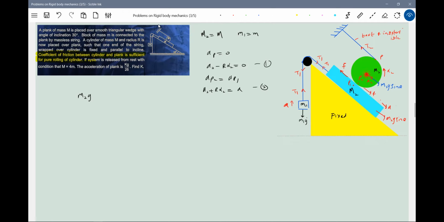Okay, we'll do one thing. First, we'll proceed like this. The moment we release, this is 4m and this is m. So this will be 4mg sine theta, theta 30 degrees, which becomes around 2mg acting here. This is mg. So this will try to slide the plank. This will oppose, so friction will act here. That's one reason I can justify. Now, what about the circle? The moment you release, mg sine theta will act, and the string will become taut. Then torque will act and make it rotate. So the friction should act upward, and then the friction on the plank should be downward.